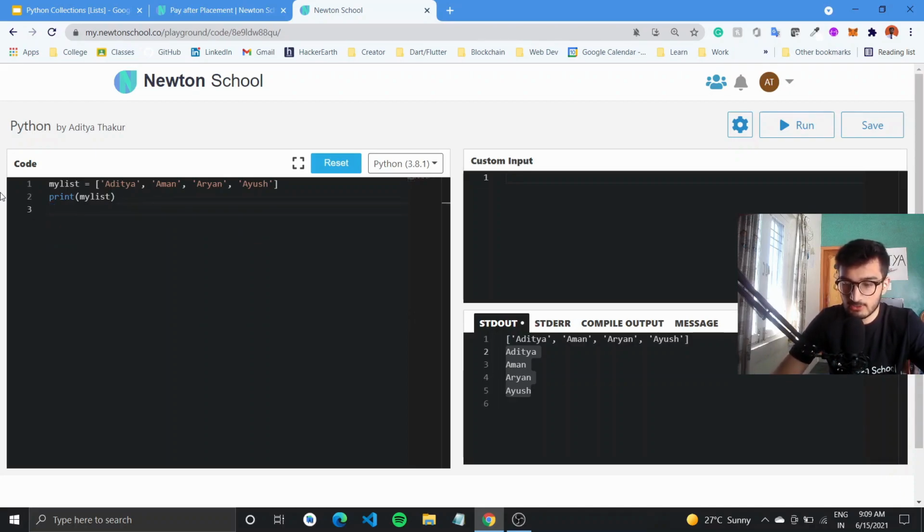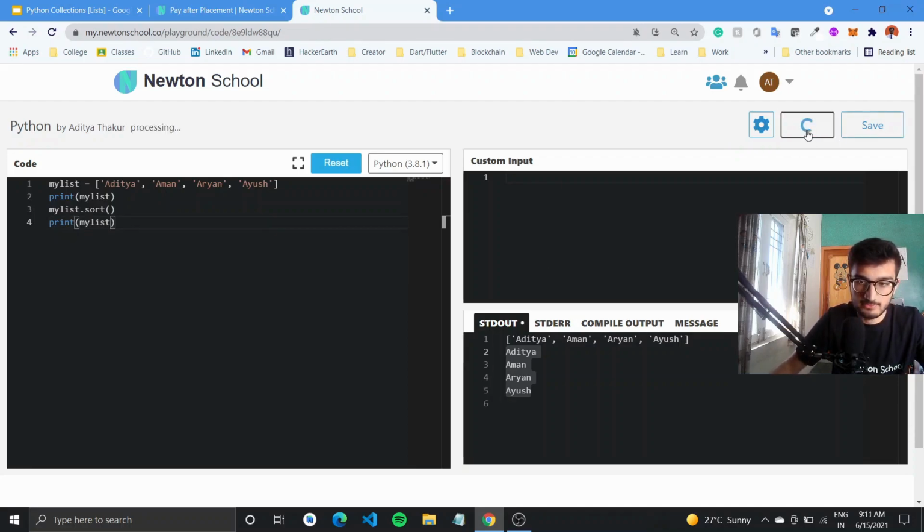So for now, let's talk about sorting different elements in a list. We have a list with strings in them. These are different strings. Now what if we wanted to sort them alphanumerically? So what I can do is use the sort keyword. I'll type in my list dot sort, and then I can print it out. So I'll type in print my list, and now if I run this program,